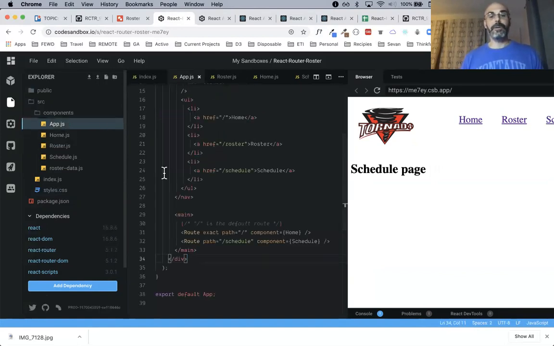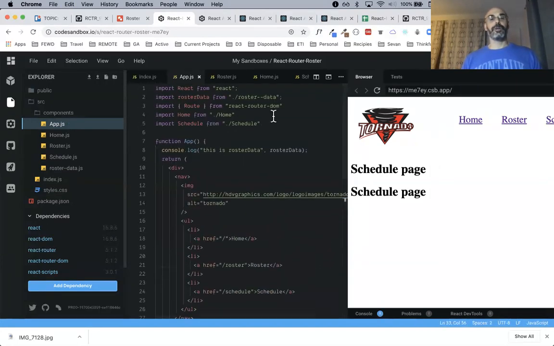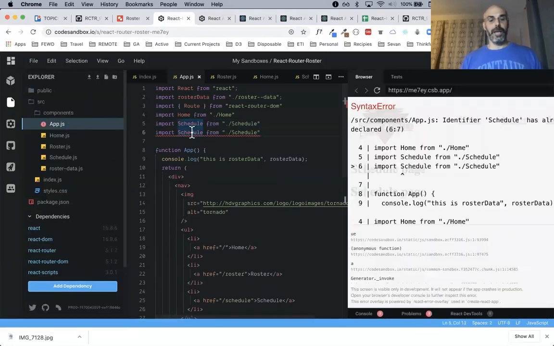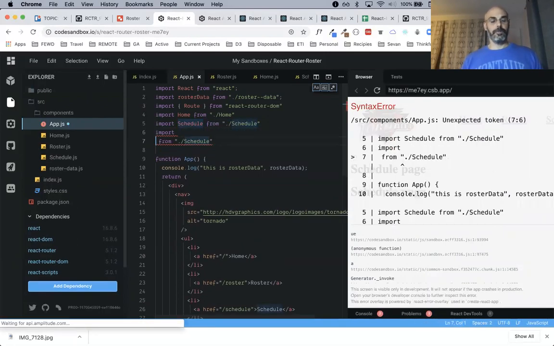Go back to app, and I'll add another route, okay? Oh, before I do that, I should import it, right? Import roster. We're going to get rid of all those errors. All right, boom.